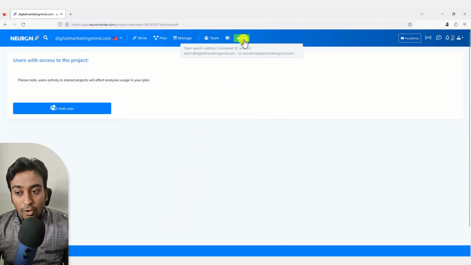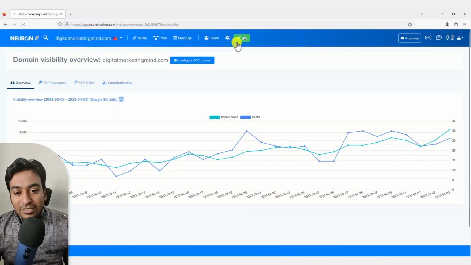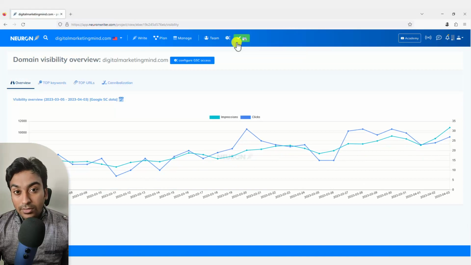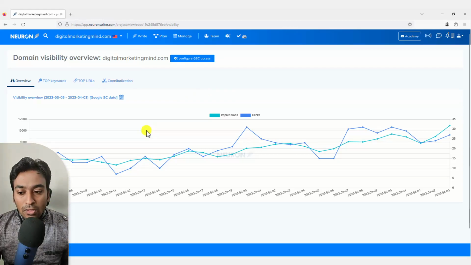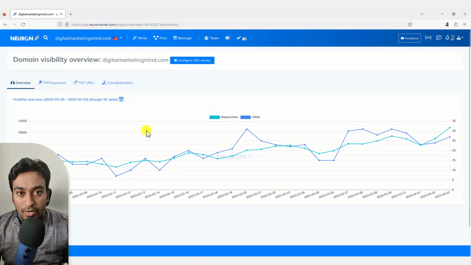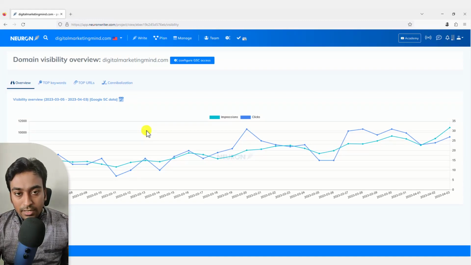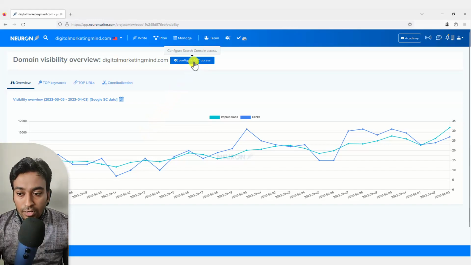Finally, there is another option for connecting your Google Search Console. You can see I have already connected my Google Search Console. Basically, it will ask you to log in through this domain's Google Search Console account. As you click on it, it will give you access to all the websites which you have within this particular account. Choose the correct domain, and as soon as you click on it, you can see all the data from Google Search Console will be available within this project. We can use this data in the article creation process, I will show that, which is very helpful. But you can configure this from here.